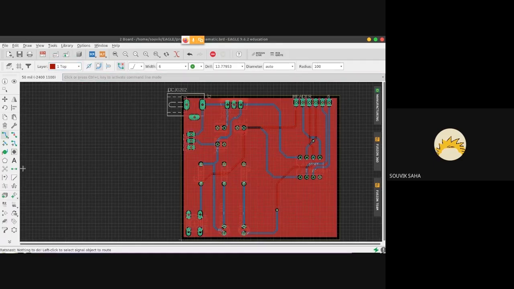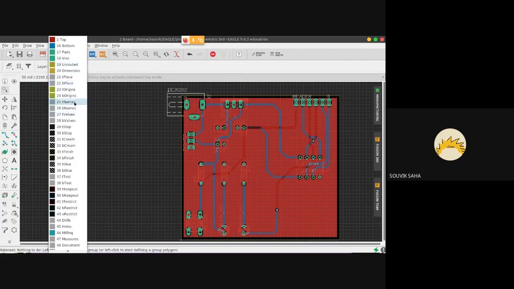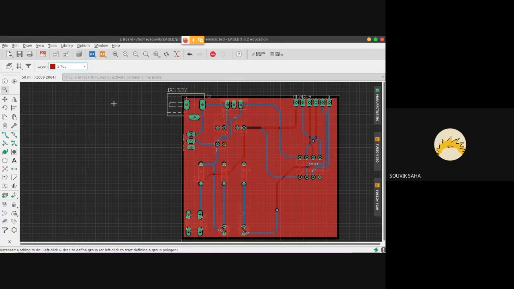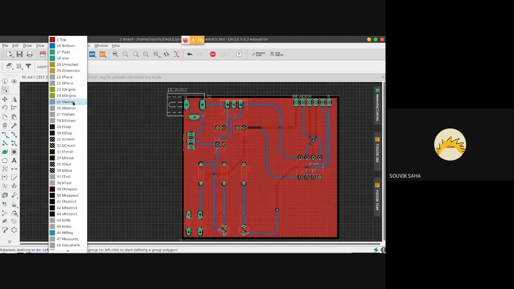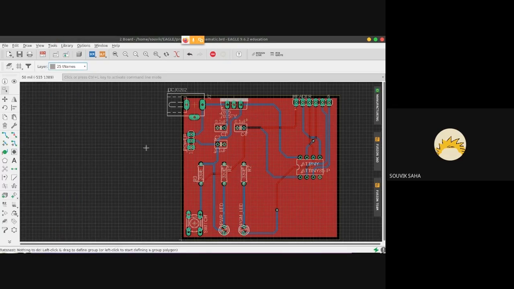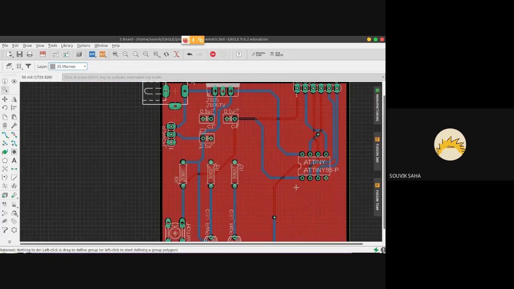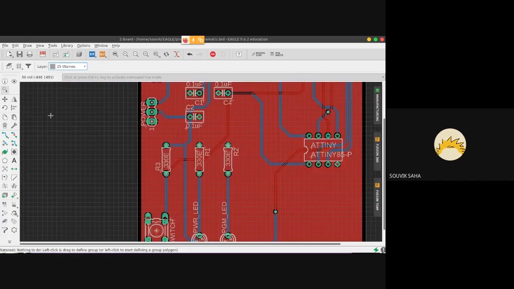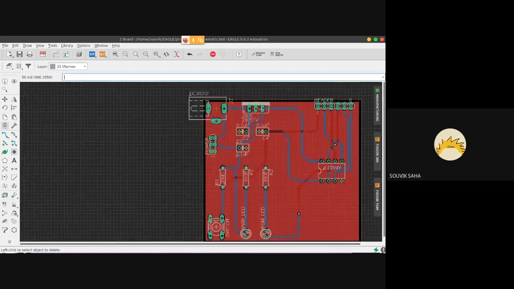One more thing. If you've created your circuit, you obviously want to have your name on it. So you can go to this layer 25 tNames, and you can do two things here. If you want to delete any names, you can do that. Like I already have ATtiny here. I don't need it written twice.